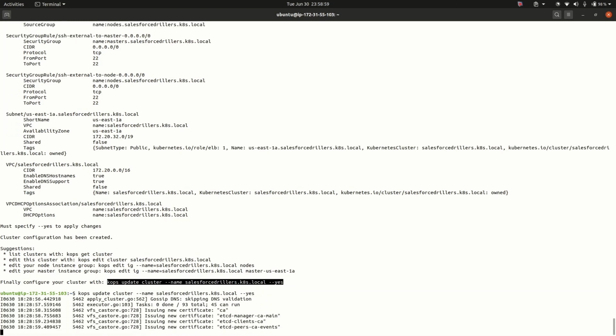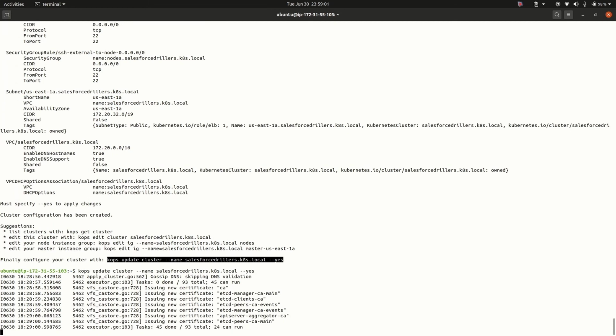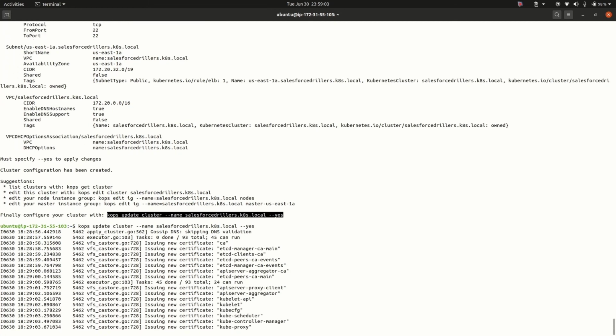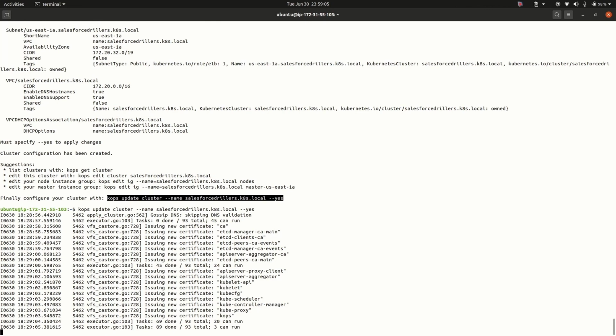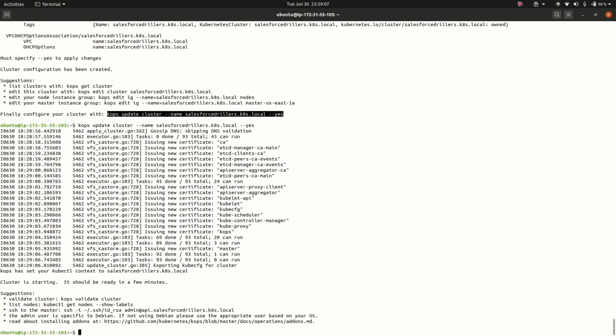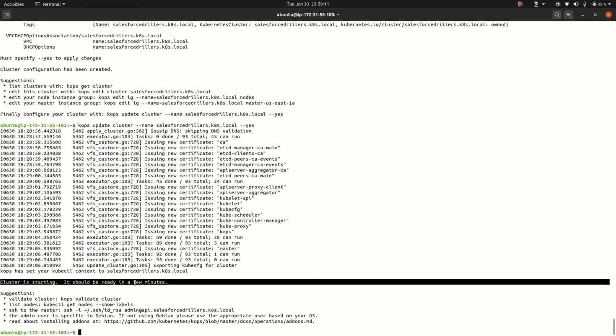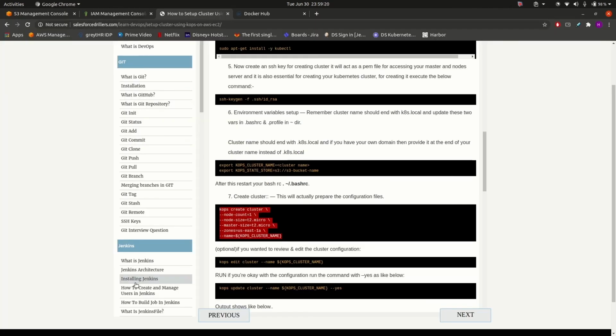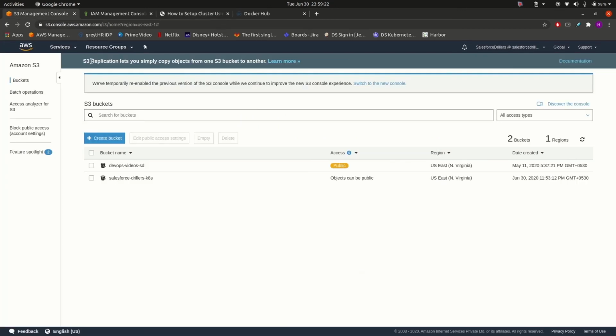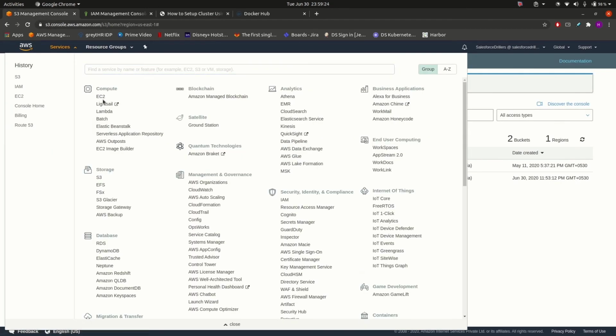After executing this command, our master and node servers will be up in our EC2 console. The cluster is starting and it should be ready in a few minutes. Let us have a look at the EC2 console. It will take about 15 to 20 minutes for our cluster to be up and in a ready state.